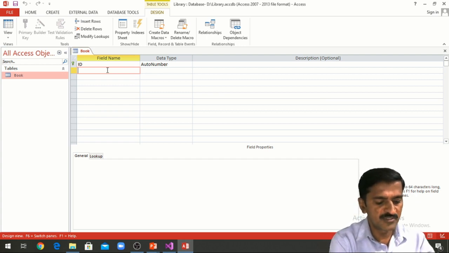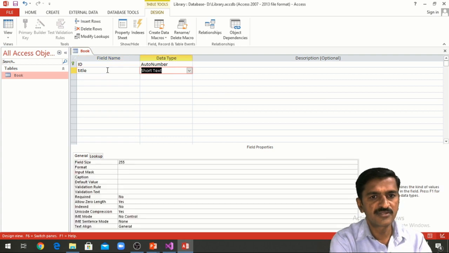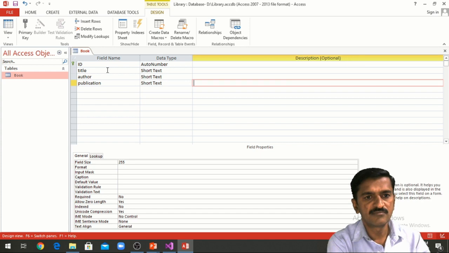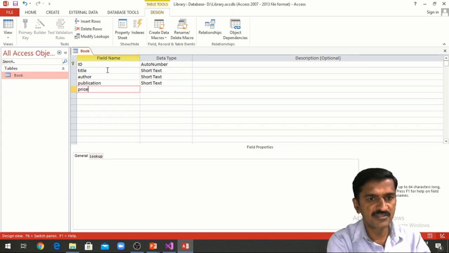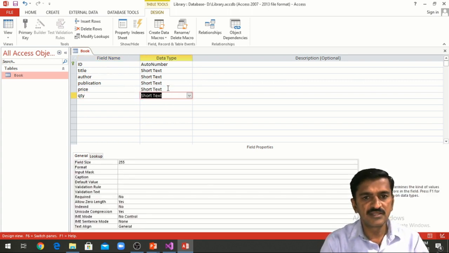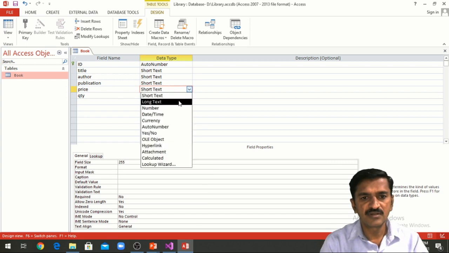Then I'm going to specify title as the first column, author as the second column, publication as the third column, price as the fourth column and quantity as the fifth column. Right, in this way we can create the table.